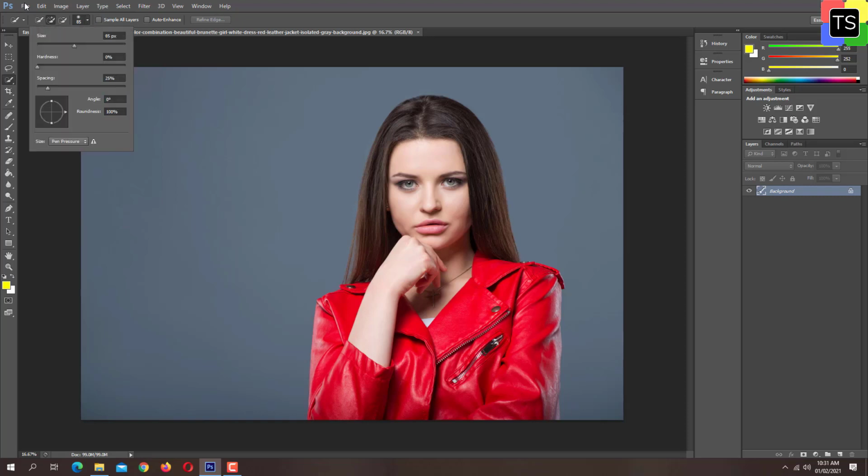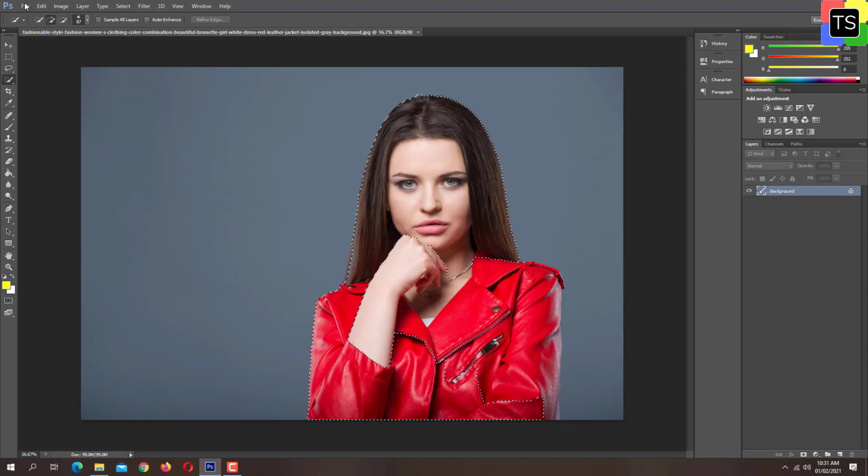You can also change the size. Now drag over the part of the image which you want to keep. So do it carefully and just select the entire part that you wish to keep in your image.